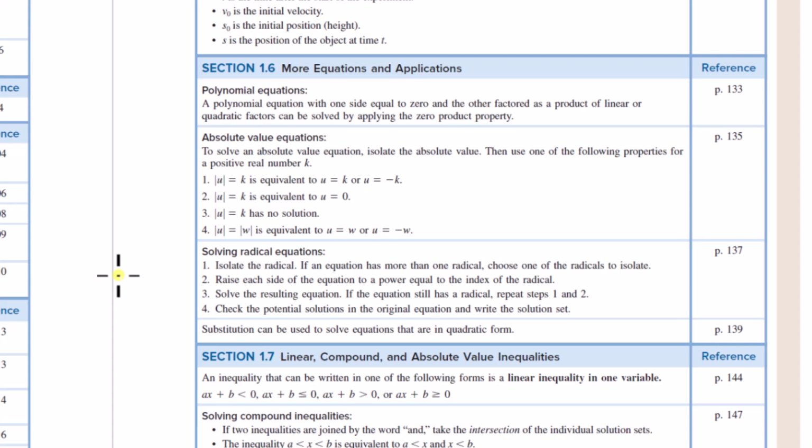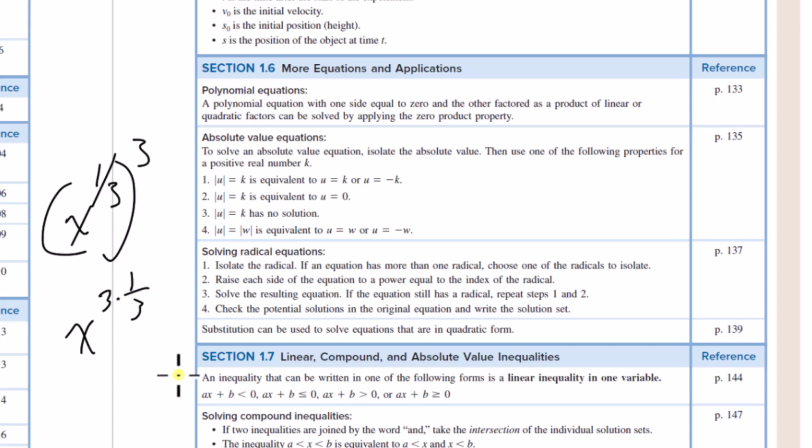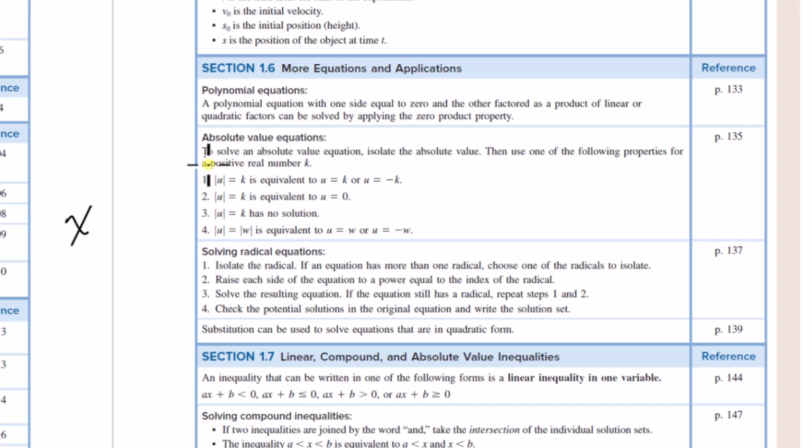Then you raise both sides to the index of that radical, and that's going to remove the radical, because if you had x to the 1/3, if you cube that, you get x. You remove the radical, right? Even if you had x to the 2/3, if you raise it to the index, you're left with x squared. The radical's still gone. Okay, and then from there, you remove one of the radicals, and then if there's still